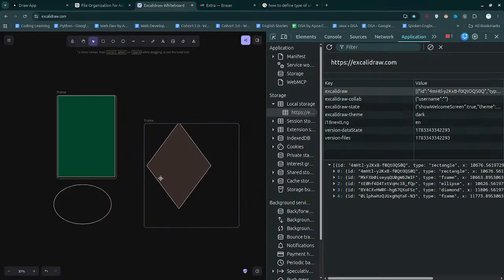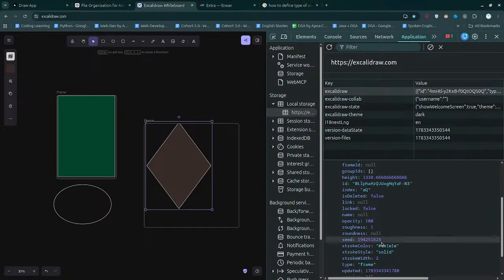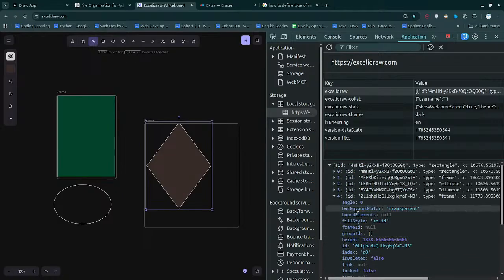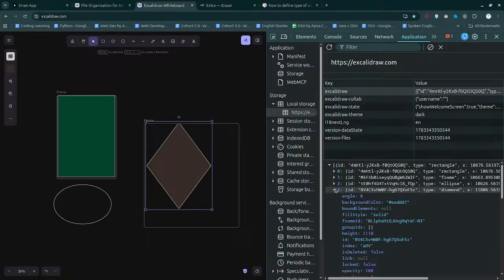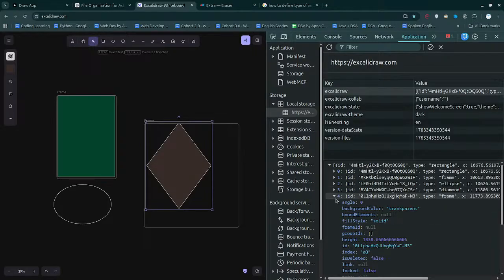Suppose this is like this, and I just selected it. One thing is clear, that a frame is also a shape, and apart from this particular thing, when it is a frame, it has a transparent color, fill, style, frame ID. Frame doesn't have any ID, that is crazy. How about this one? It doesn't. Okay, frame will not have the frame ID, frame will just have the ID. The shapes are gonna have the frame ID. So the shape definitely has the frame ID. Great. And apart from this particular thing,